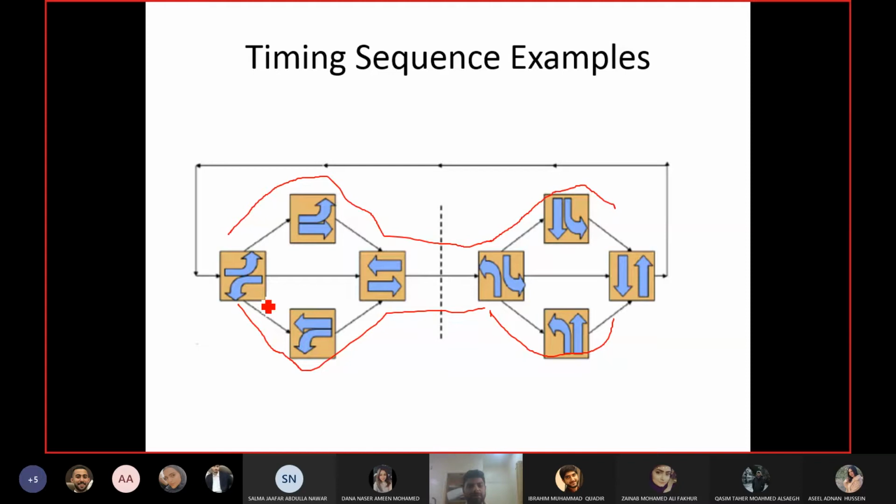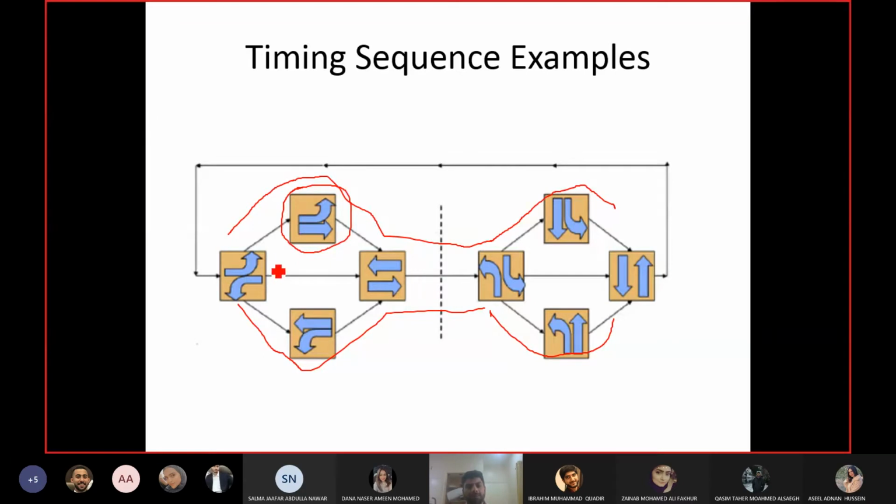For example, if you just add these four phases, the ones along the horizontal line, these are not overlapping. You will get the total time which is equal to the cycle length. Because this particular phase is happening where? It is an overlap between this one and this one. Let's say 1 and 2.